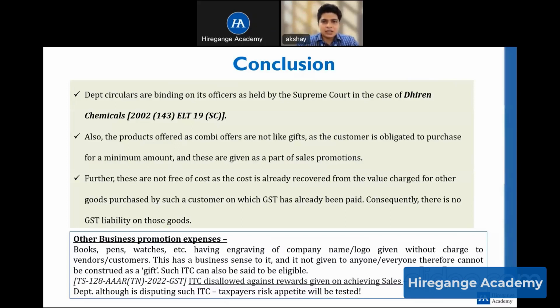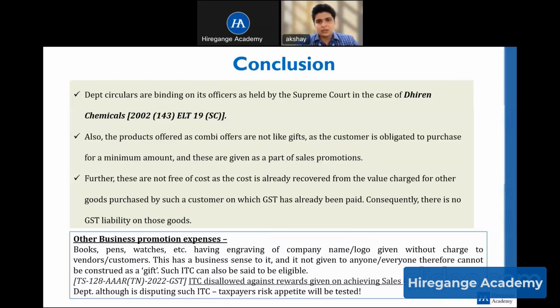One of the biggest marketing strategies is just the repetition of the name of the entity. If you see the majority of the advertisements, they repeat the name at least 20 times in a span of 30 seconds. And what happens is that the person remembers the name. Similarly, if you keep seeing a company logo everywhere, on your book, on your pen, on your watch, on your water bottle, on your bag, you will start remembering this name. And if you see more of this, automatically, when the need arises for that goods or for that service of that entity, I will subconsciously move towards that entity. And that improves my sales, improves my turnover.